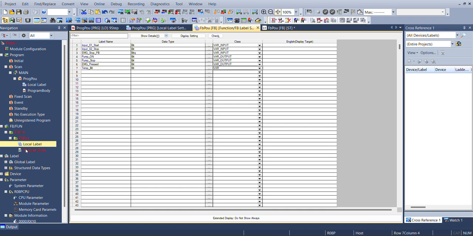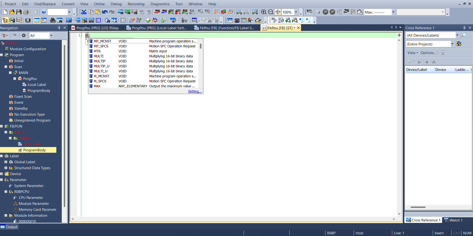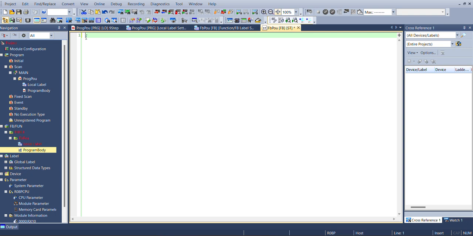Like a variable. So now I'm going to use these local labels in the program body to make a function block. When our motor start condition, first of all I'm going to create a motor pump on status, like pump on